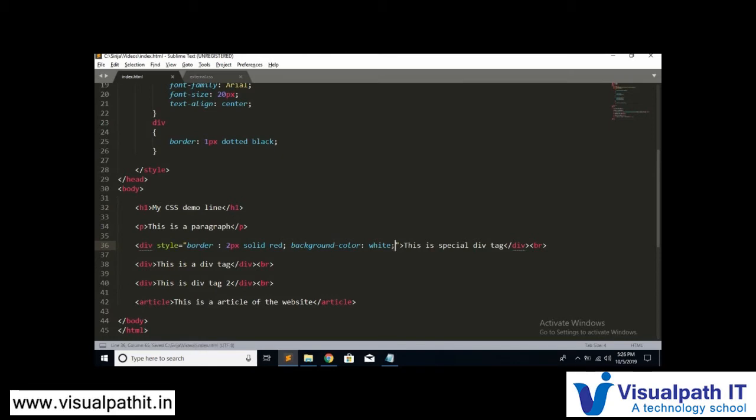So this is the CSS rule set. Okay, I will repeat it again. A CSS rule set consists of the selector as well as the declaration block. Okay, the declaration block is again separated into two, that is the CSS property and the value.